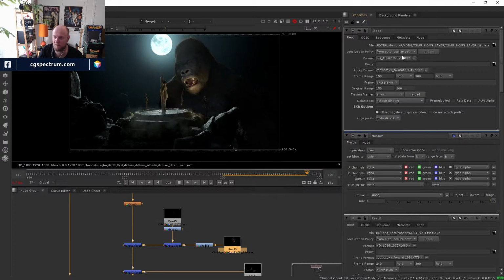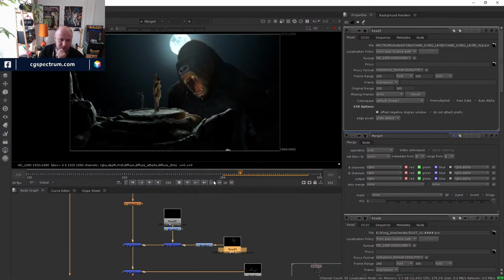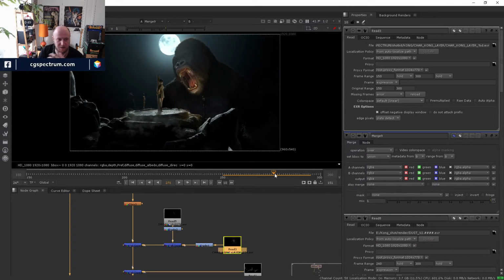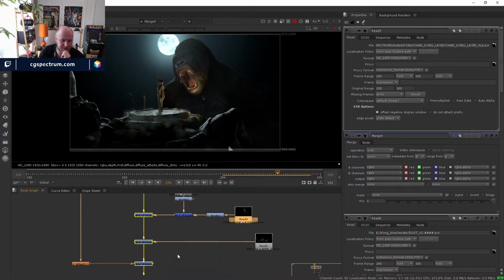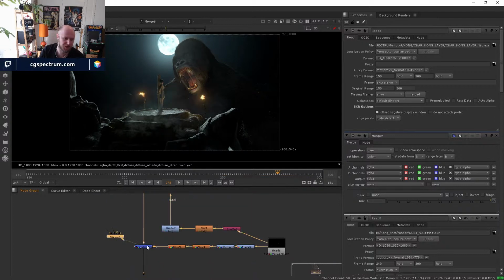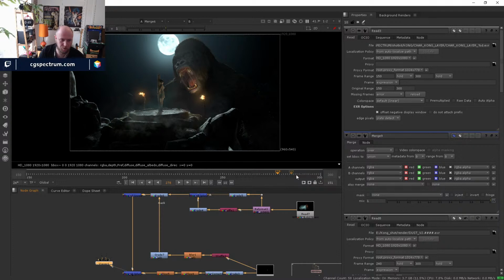Yeah, exactly. 20 minutes to 45 seconds. I've had the same. Things that potentially have taken an hour in Mantra have been done in minutes in Redshift. The catch, I suppose, with working in Redshift is you have to change the way that you're shading, because you have to use Redshift shaders. All the lights are different, and you can't do things as easily as what you can do with Mantra. So I still use Mantra for a lot of things. I use Mantra for all this stuff because it's easy as well. You can just hit render and put a shader on, and you get what you expect. But